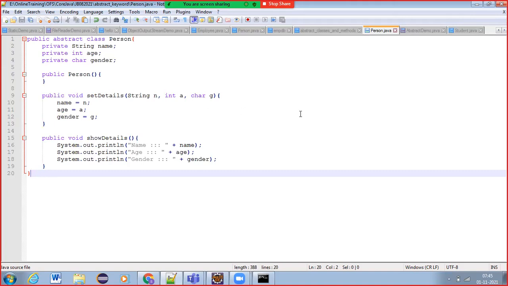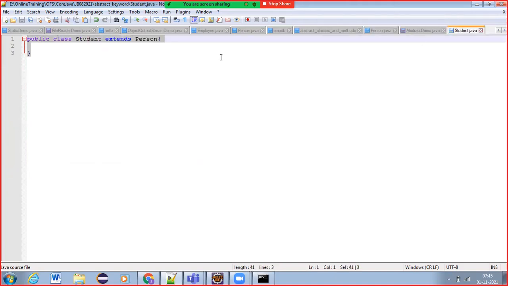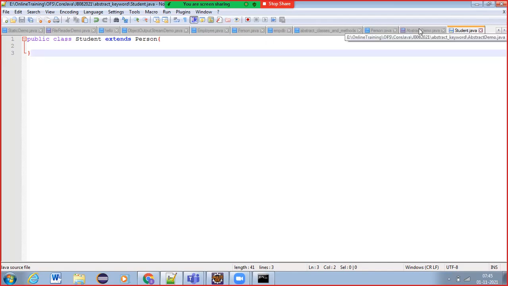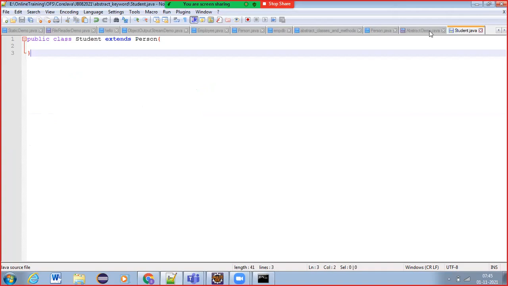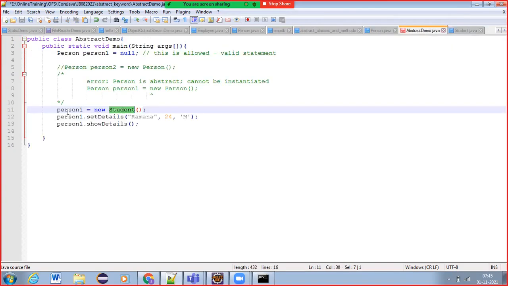All this will be inherited into student, right? That rule we know, right? So based on that inheritance rule, you can simply write the student class like this, and you can now use the student class constructor to create a student class object, and that student object's reference you can place into the person class reference variable. It is allowed.